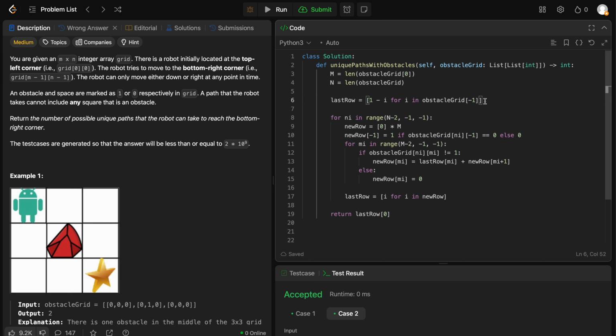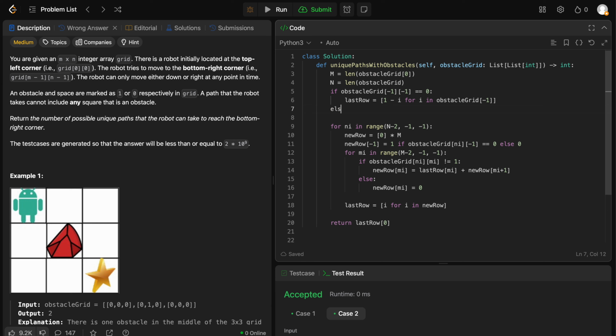This kind of edge cases, so well, last row has to be also built. So if obstacle, as you can see, it's sometimes harder to take care of each edge case here and think about it. So if this is equal 0, then I can do this. Else